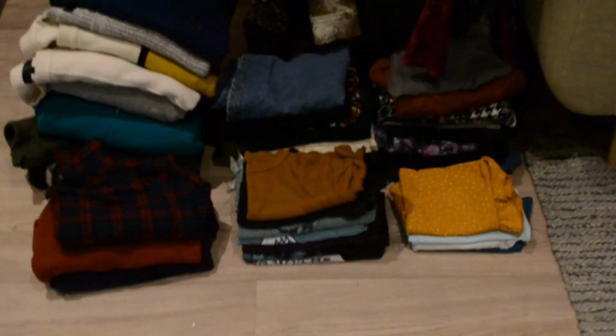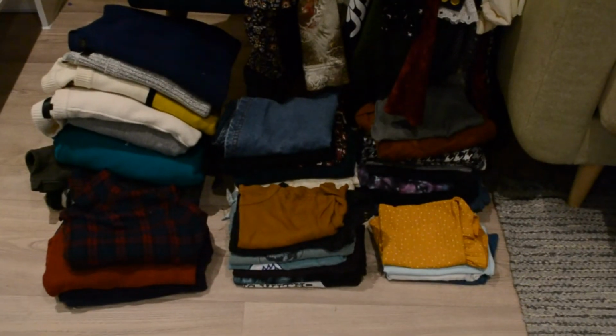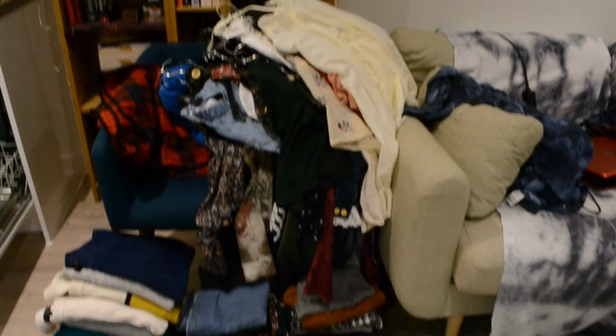This was also my mum's, and it's like a zipped up hoodie with lots of holes in it. I love it for the summer. It's just a nice little throw on and extra protection from the sun. This is a similar one, but it's kind of woven, also very cute to put on top of a swimming costume. Here's a little montage of everything being folded away, and I have footage of me putting it away into